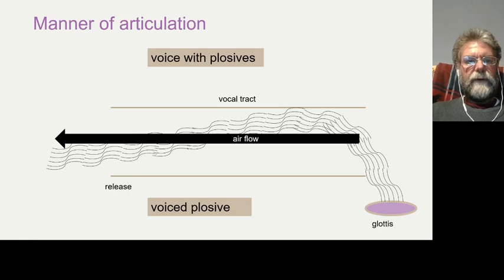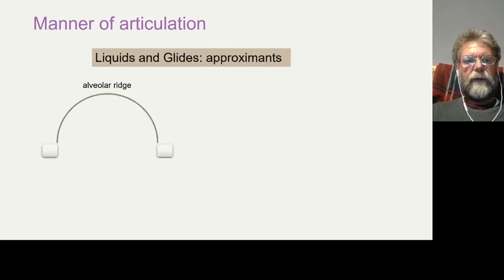Anyway, let's move on. Let's now look at a set of sounds known as liquids and glides, or together these tend to be called the approximants. They are called approximants because they're quite difficult to describe, because in many of these kinds of sounds, your tongue doesn't actually make any contact with anything, and